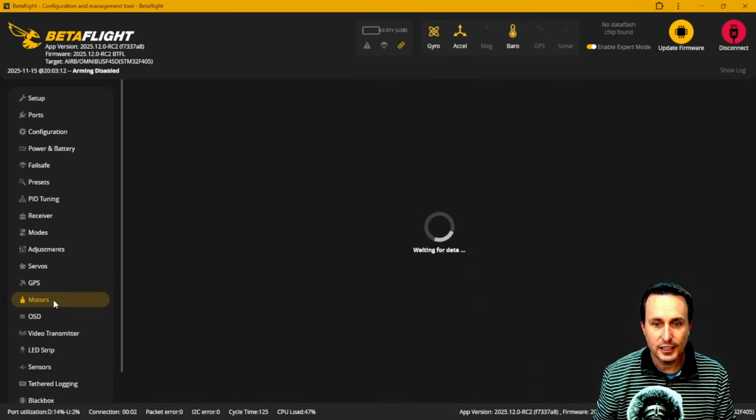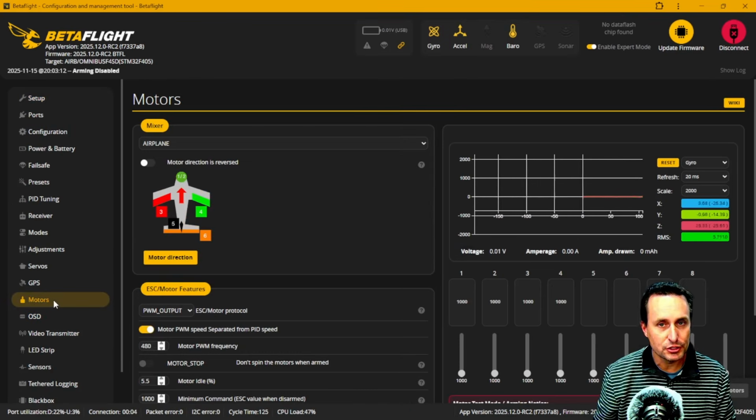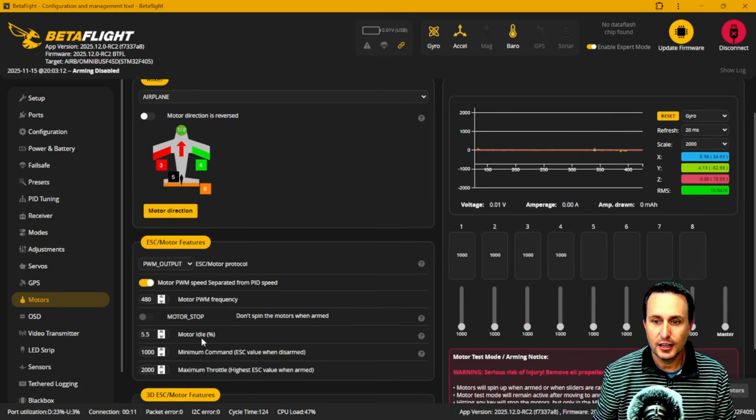This said, you should know BetaFlight's not as polished as iNav when it comes to this stuff. So it's a little rough. What we want to do now is, now that we have that set,